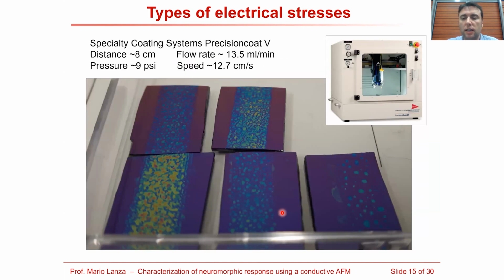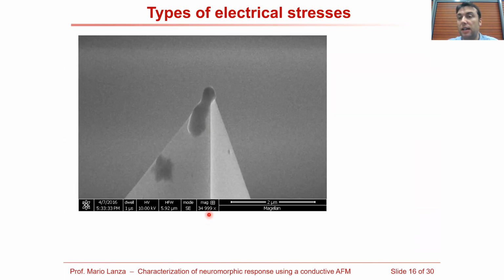So this is the system that we use to spray coat the material, the graphene oxide. It is a commercial system. We use some standard parameters in terms of distance between the tip and the sample, and also flow rate, speed, and pressure. And here you can see some pictures of the first samples that we used at the beginning. We see that when we increase the number of passes, we start to see a film that is a little bit more homogeneous. So these were the very first trials that we did, which required optimization.